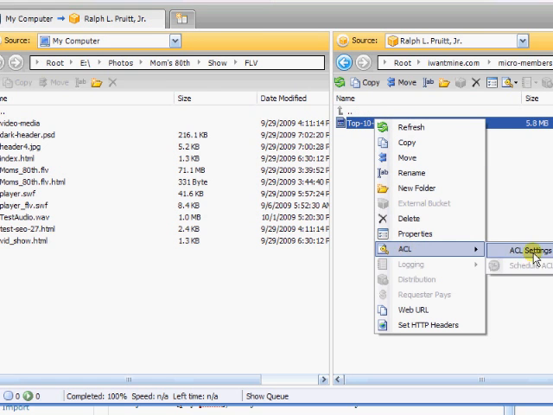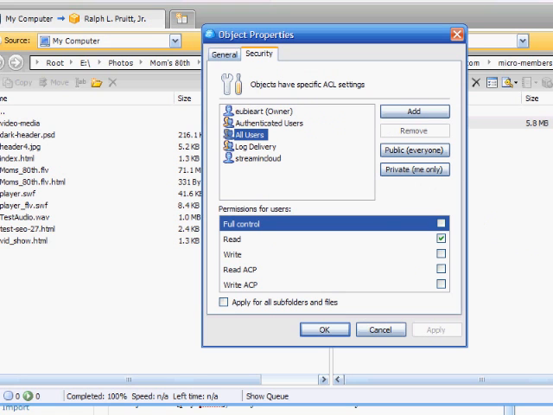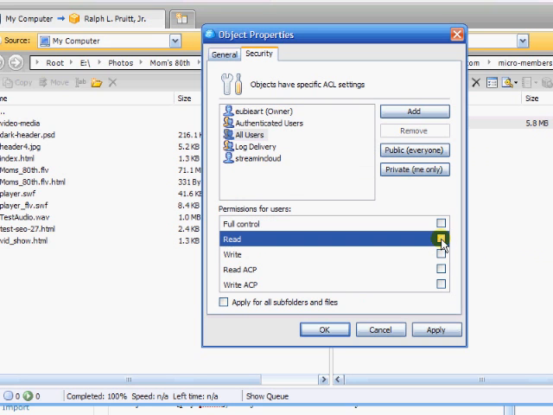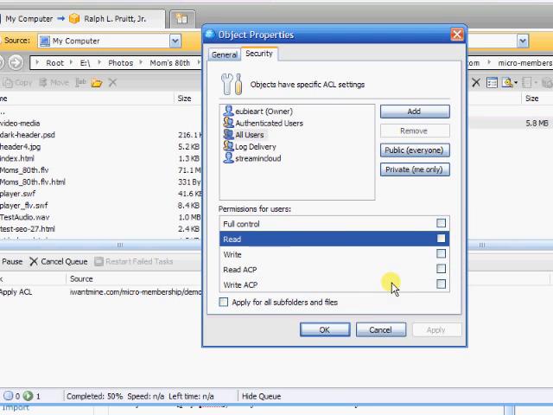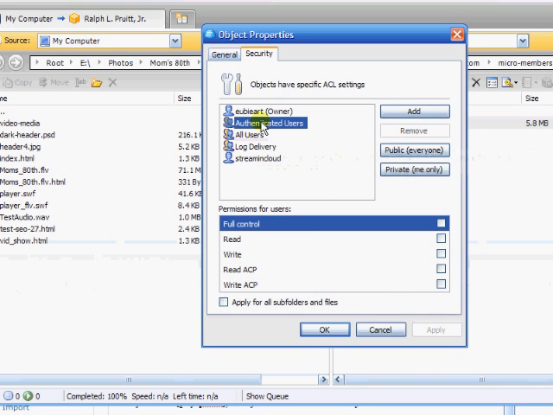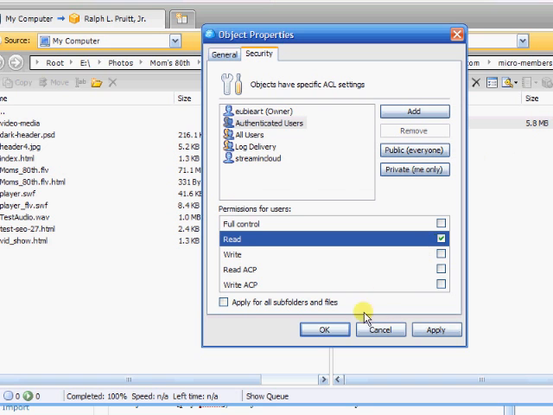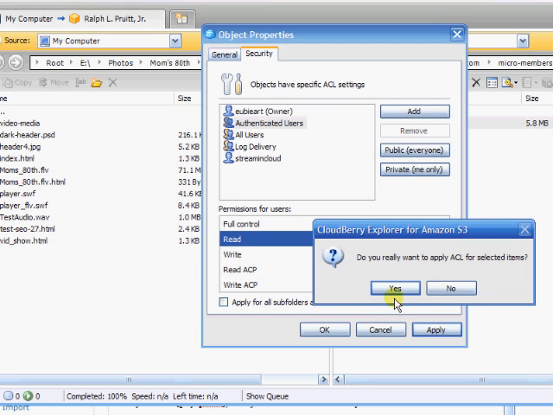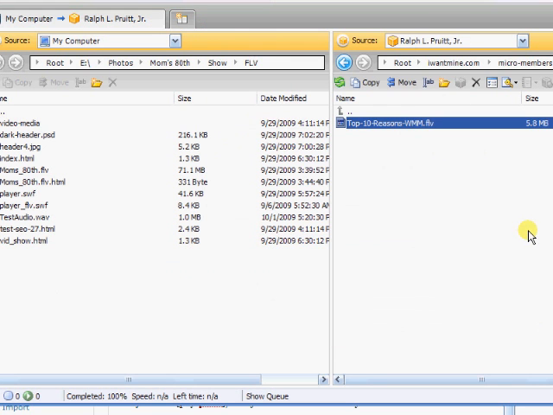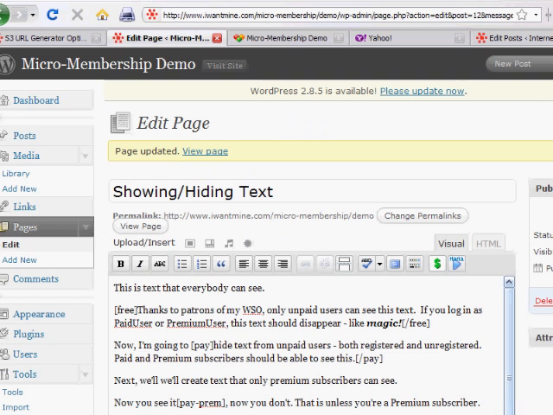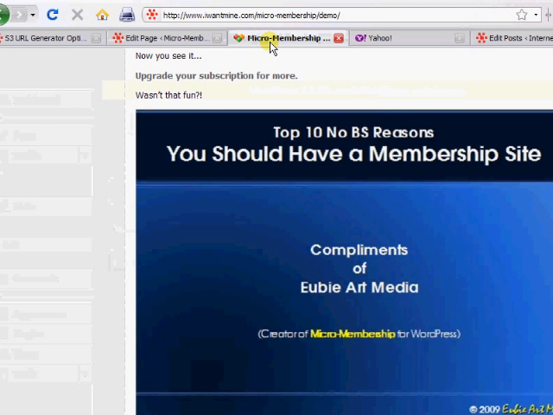Now, the first thing everybody tells you to do is set all users to be able to read the content. That works great. That allows them access, but it also allows access to everyone. Everyone has access to your content. So you want to get rid of that. And you want to say, I want authenticated users to be able to read my content. Now, if we go back to the website,